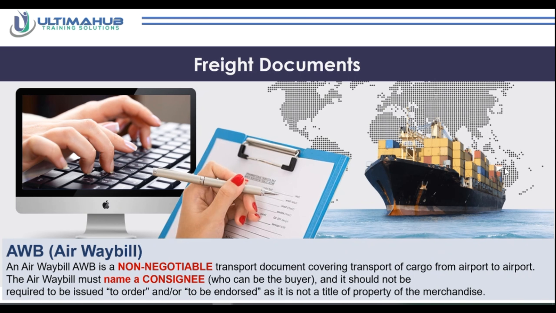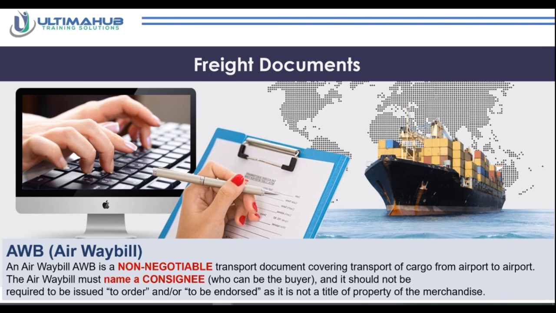Okay, so the final freight document terminology that you might come across is if you are transporting your products from airport to airport. It's called AWB, also known as Airway Bill. This is a transport document that is not negotiable. You need to have it, and it's also got to have a consignee name,